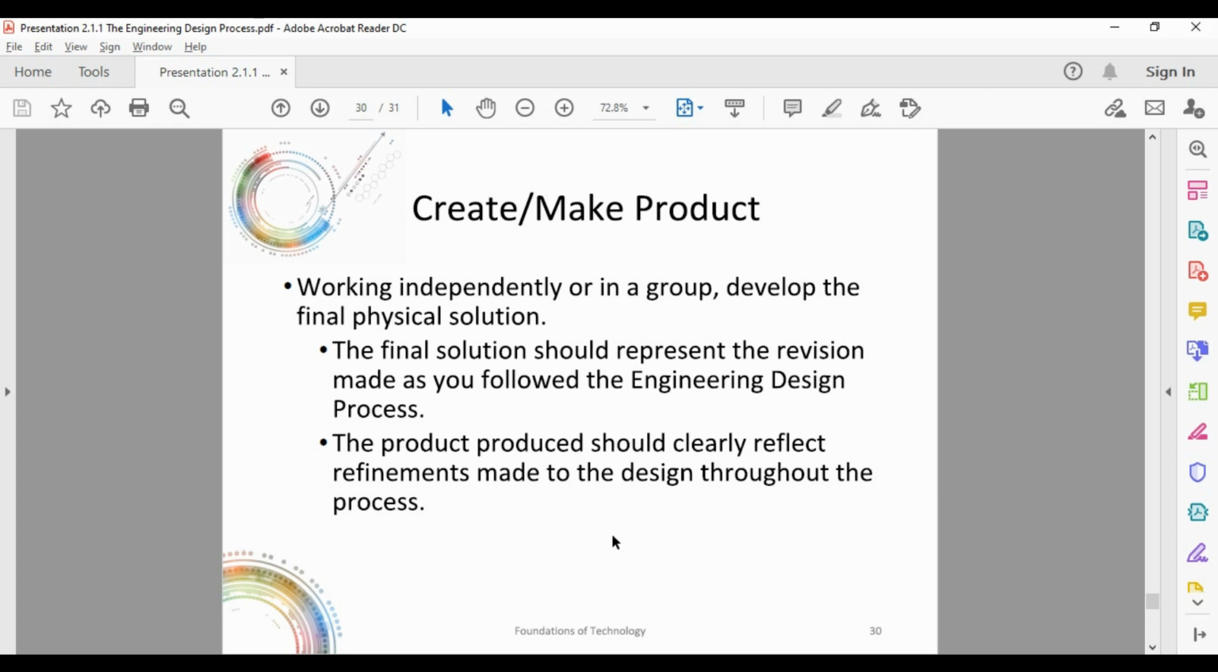So it is possible that your final product looks absolutely nothing like the original design in your design proposal. I'm going to say that again. It is possible that your final product does not look anything like your original design. And that is okay. Because as you have gone through each iteration and as you have been making these adjustments